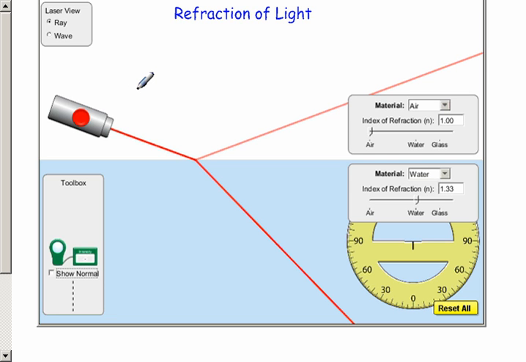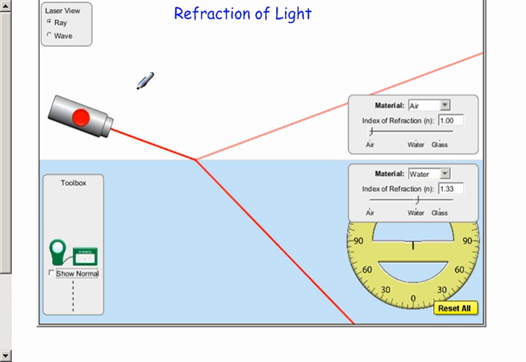The law of refraction tells us about what happens to light when it goes from one material into another. The optical density of the two materials is different. It's possible for the light to actually change direction in terms of where it's going. In this tutorial, we'll show you how you can determine what direction light's going to go when it travels from